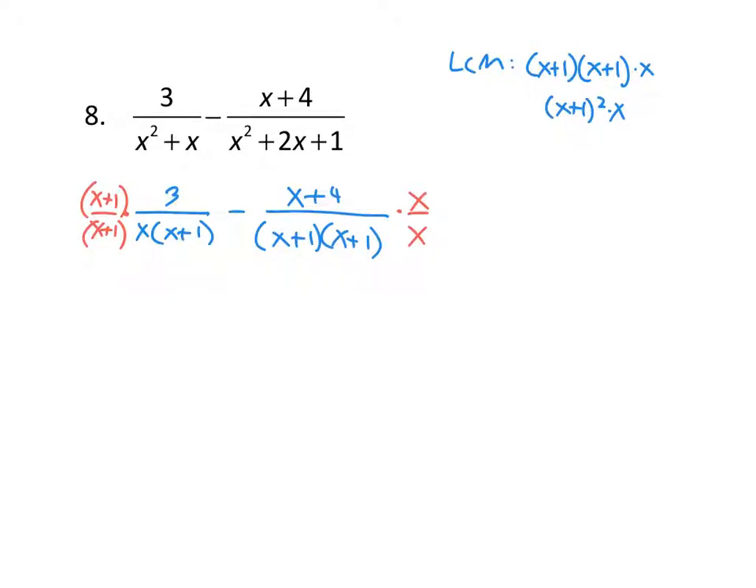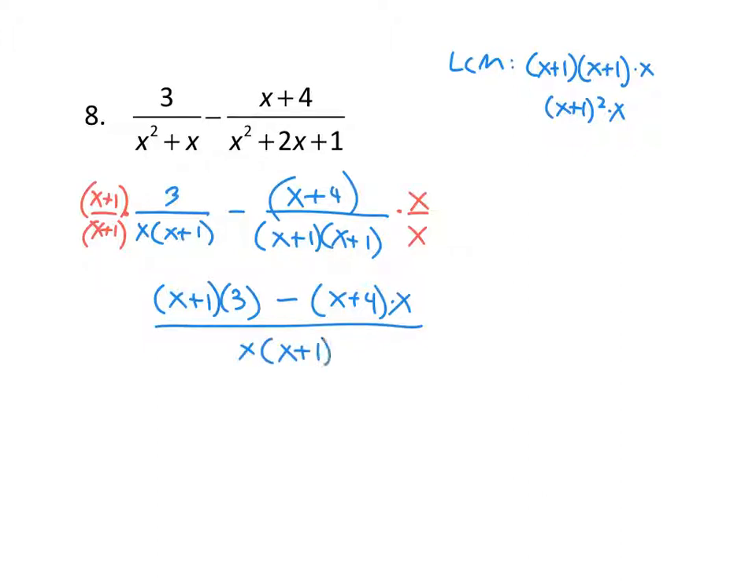And on the left-hand side, x plus 1 times 3 is on the top, minus, I'm combining them into one fraction. I'm going to put x plus 4 in parentheses, and then it's being multiplied by x. And on the bottom, I'm going to have all that stuff, an x and an x plus 1 to the second power. Now I simplify on the top, so I'm going to distribute,